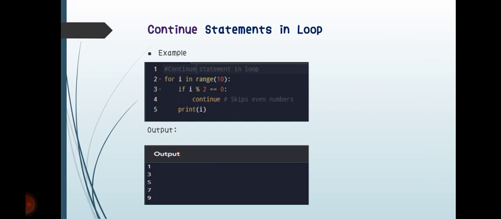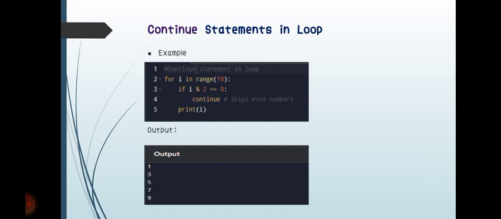So basically this program will only print the odd numbers. We know the index starts from 0, so first i becomes 0, which is in the range. 10 minus 1 is 9, so it has to stop at 9. Then it goes to the if statement and checks the condition. Here i is 0, and 0 mod 2 is equal to 0. If we divide 0 by 2, the answer will be 0. Then the condition becomes true, so it won't print that statement